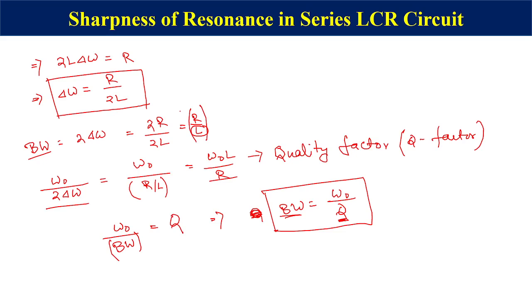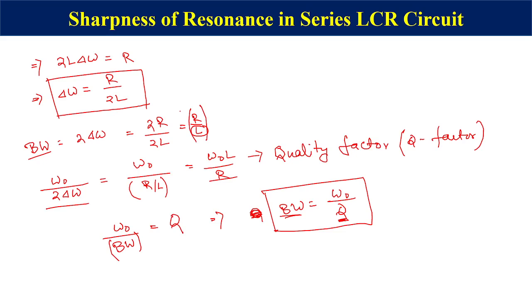So for a less sharp circuit, the current is close to resonance for a larger range of frequencies, and hence the circuit is less selective and tuning of the circuit will not be good. For example, if you are using a less sharp circuit, such as a TV tuner or a radio tuner, you will have a lot of difficulty in tuning. Why? Because your bandwidth will be high, and for a larger range of frequencies the resonance will occur. So a sharp peak value or central point at which the TV or radio station is tuned will not be available.